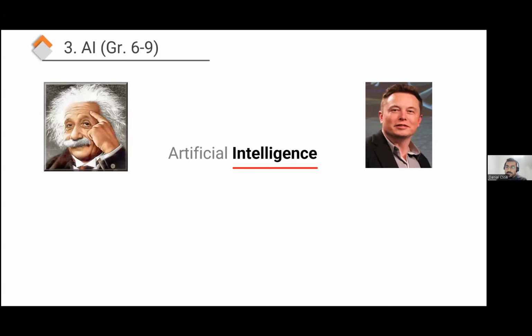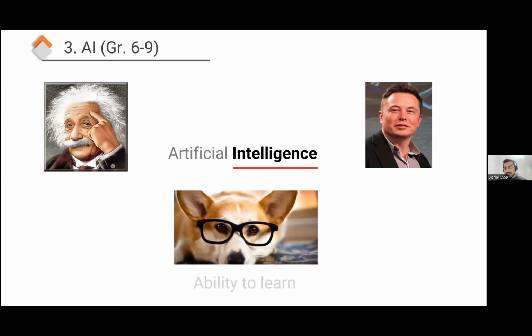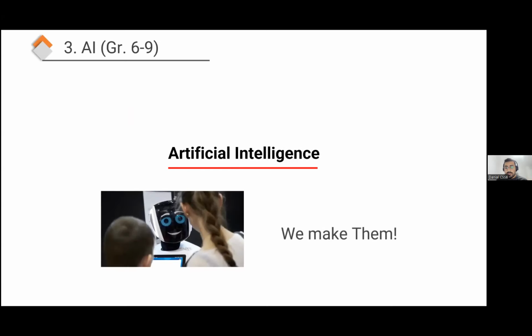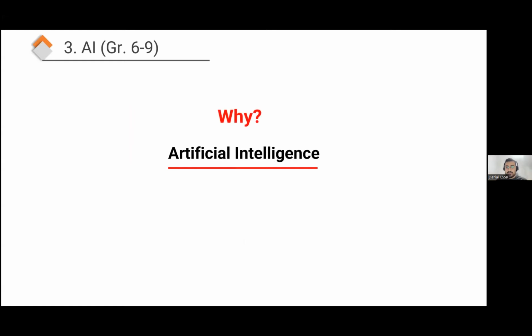So what do we mean by that? It means, okay, he can learn pretty fast, right? He can learn my commands very perfectly. And by intelligence, we mean that. We mean the ability to learn. That is the definition we're looking for. And by artificial, we mean we just make them. So artificial intelligence simply means systems that we made and that are able to learn. And that's a great thing to do here.